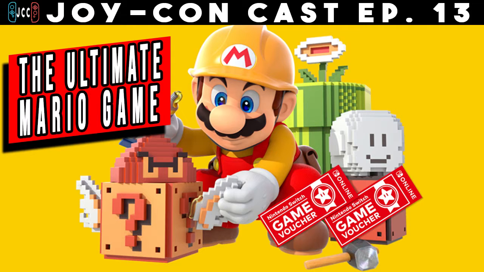that latest Nintendo Direct. Last week, Nintendo released a 15-minute Nintendo Direct focusing on Super Mario Maker 2 and all of the new content coming its way. Now, in typical Nintendo fashion, this was actually released after I recorded last week's episode. So obviously I didn't get a chance to talk about it in last week's episode of the cast, but